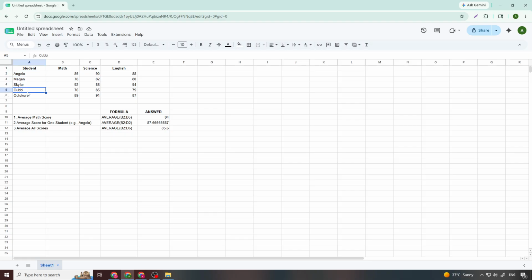Click on any empty cell, like F2, then type =AVERAGE(B2:B6) and press enter. Google Sheets will calculate the average of all the values in cells B2 through B6 and display the result